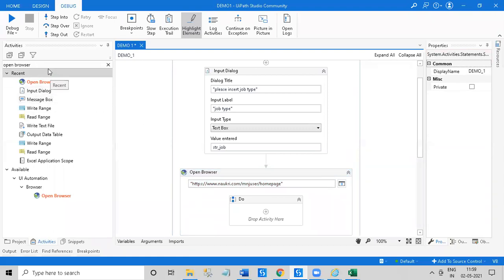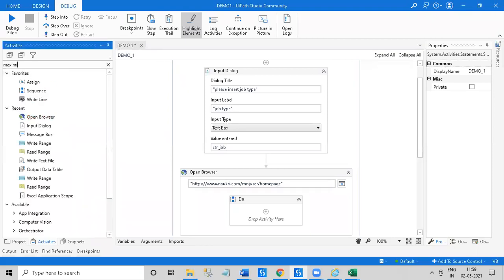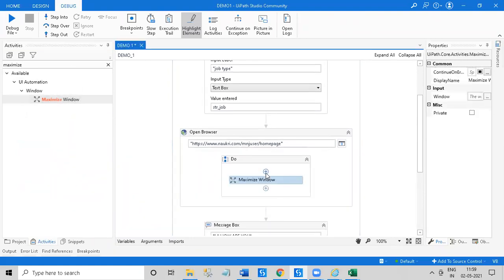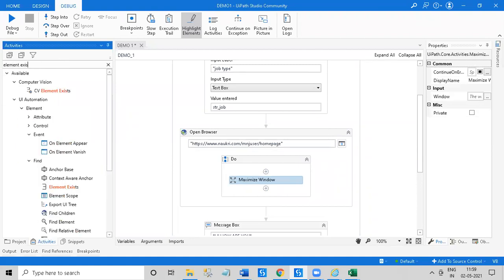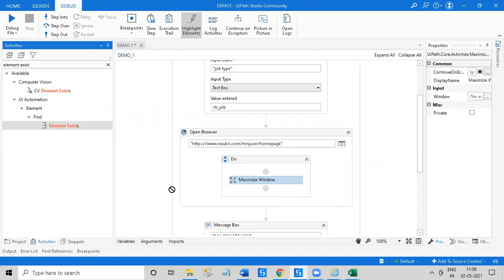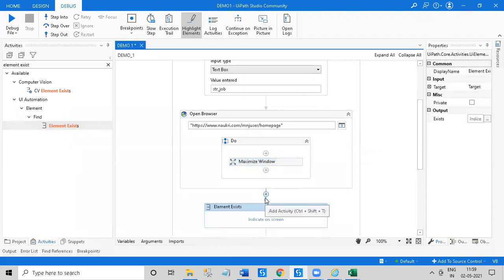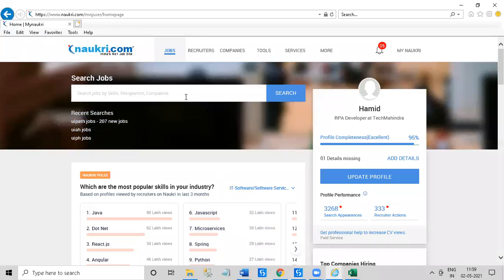After that, we are taking element exist. Element exist is an activity we use to confirm whether a particular screen, which is our output, has appeared or not. So here I will check whether this box is present or not.